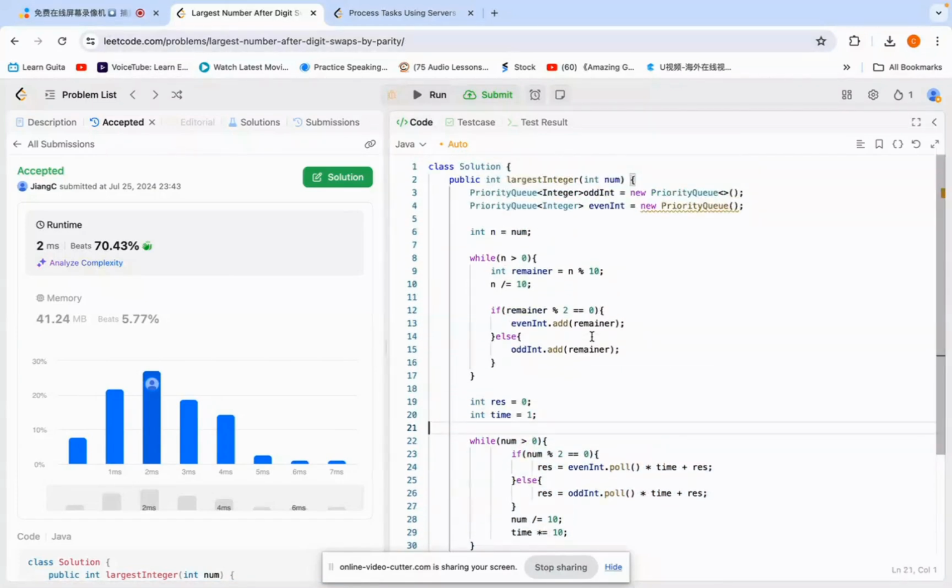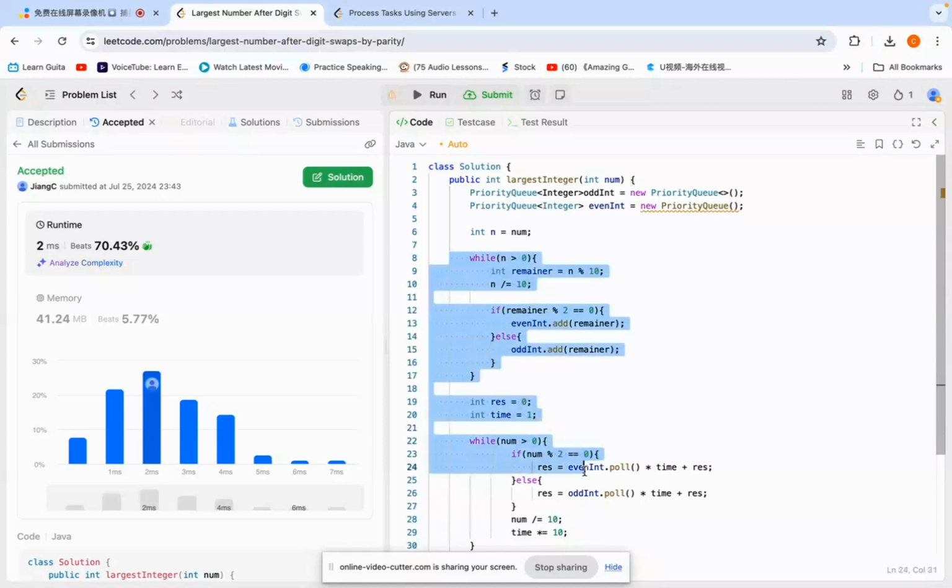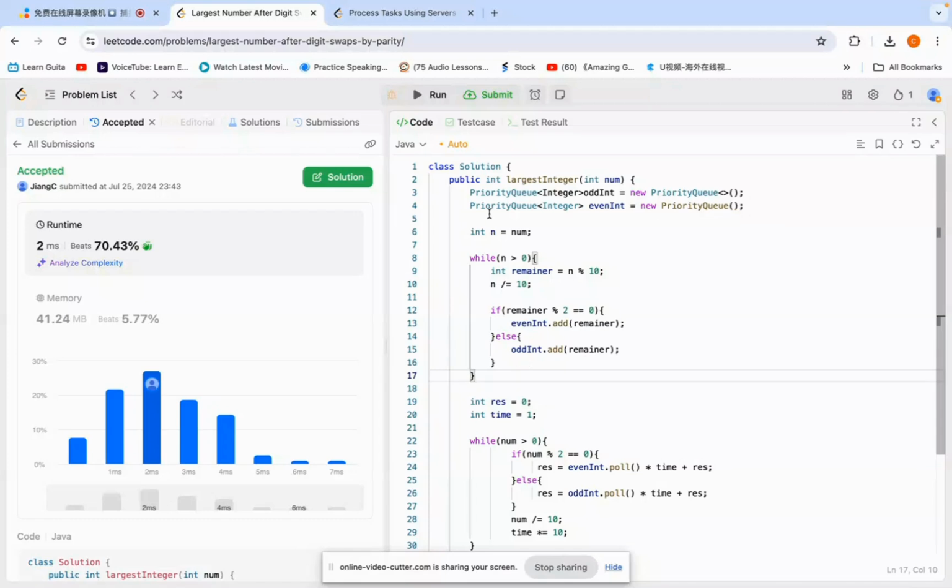And the time, I forgot to mention, the time complexity is O of n, even though I go through 2 times, because it's not a nested loop, right? It's a separate loop. So I would say the time complexity is O of n, and the space complexity is also O of n. And the same